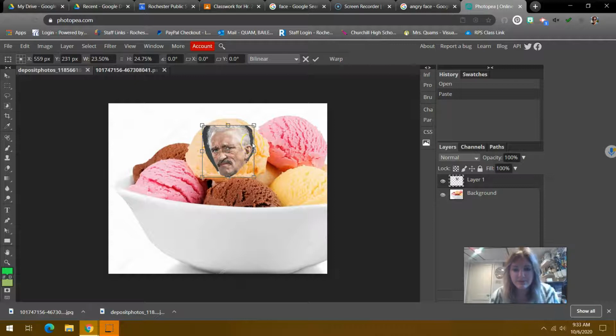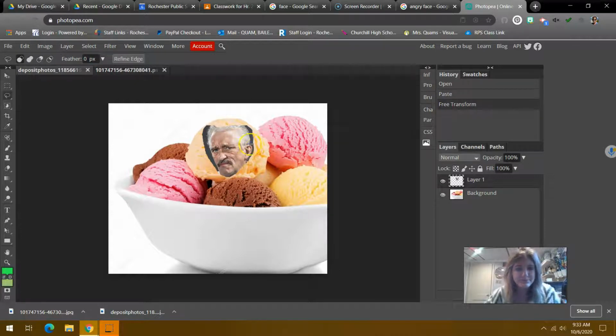When I'm happy with it, I'm going to hit enter on the keyboard. It might look a little pixelated at first, but once you hit enter, it typically will kind of resolve itself. Now, obviously at this point, it doesn't look like I've done all that much. It looks like I've just cut out a face and stuck it on ice cream. That is not the purpose of this assignment. It's great that you can use selection tools and copy paste, but you want to make sure that you